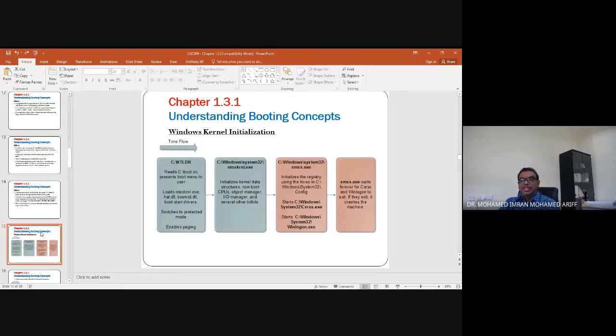So inside a Windows operating system, di bahagian atas ini, these are the files which are needed in order for the operating system to run inside the PC. Without these files, the operating system cannot run inside the PC.